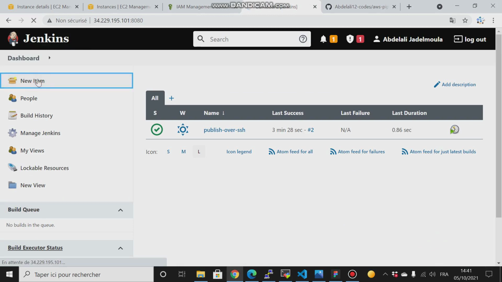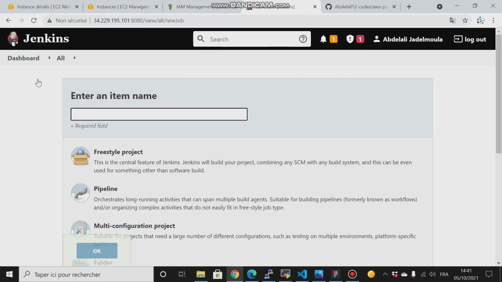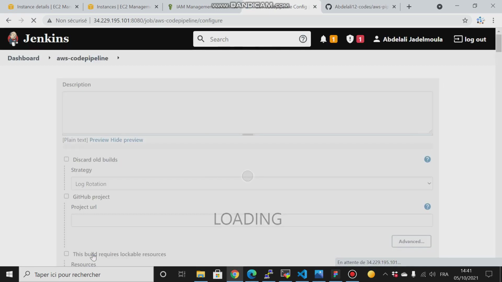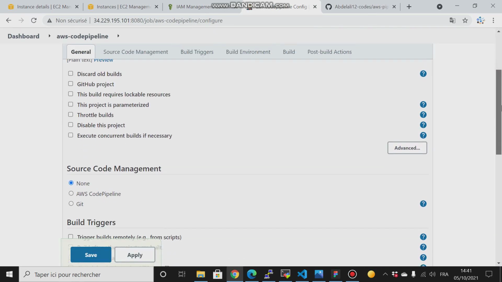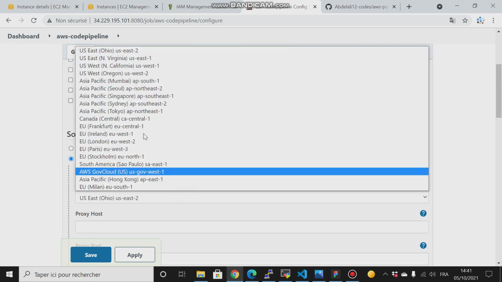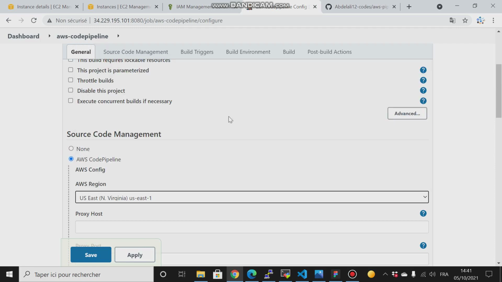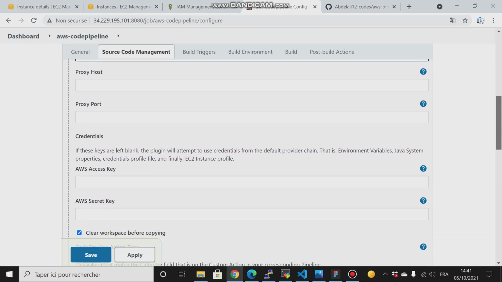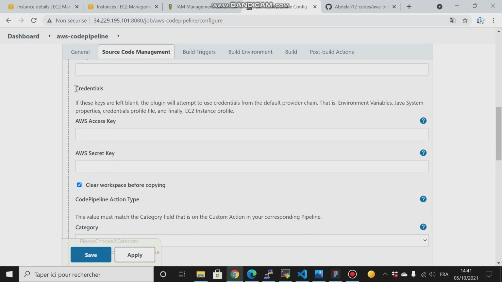So now I will create a new item, freestyle, but this time I will call it AWS CodePipeline, and then okay. Scroll down here and choose AWS CodePipeline. The region that you are using is the North Virginia region. Let's scroll down here, and here the credentials, as long as we have